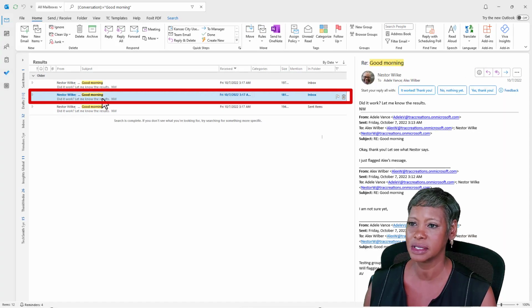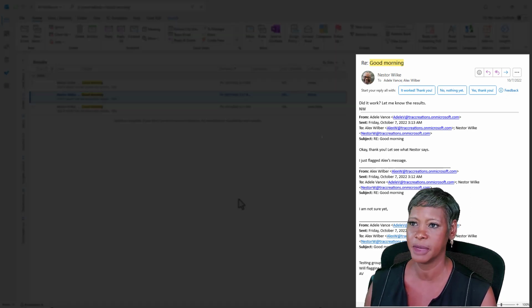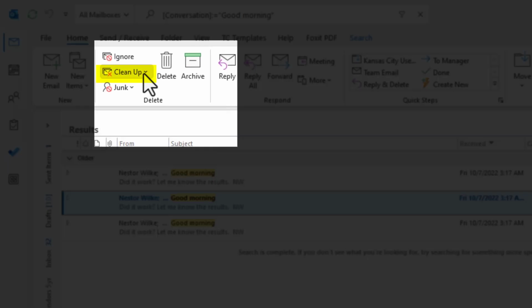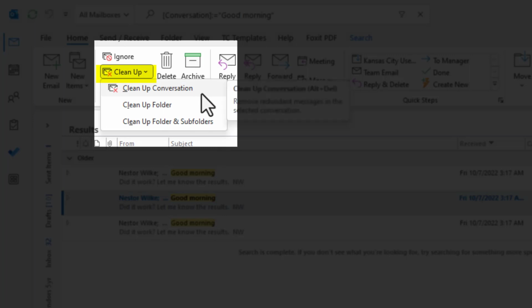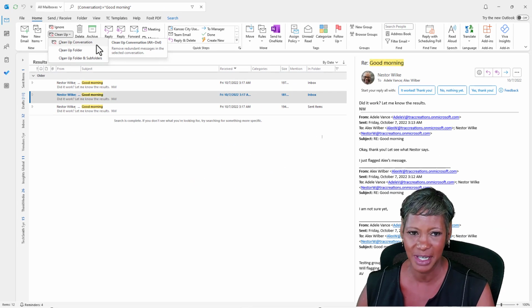So if I click on this response here, again, notice that I have all of these messages. And that is the reason why you have to use the cleanup conversation later on in your folders, because you have duplicate messages when you start to file these away. So let me show you the difference and the advantage of the group conversation feature actually in New Outlook or